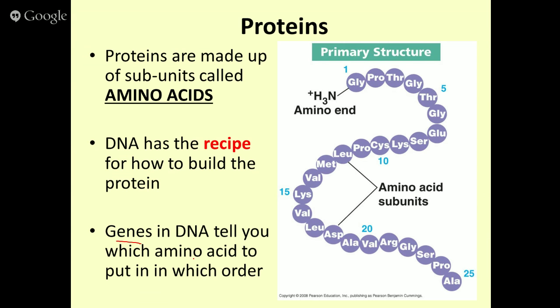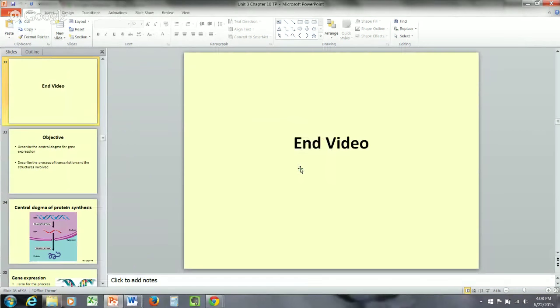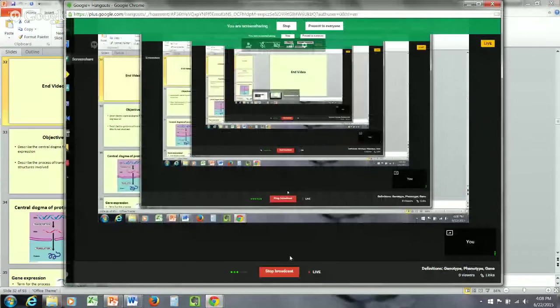Because remember, for proteins, it has to be the right shape or it won't work properly. So the gene has the recipe for which amino acid to put in which order to build this particular product or protein. So that's our definitions of genotype, phenotype, and gene. And now in our next video, we're going to start doing protein